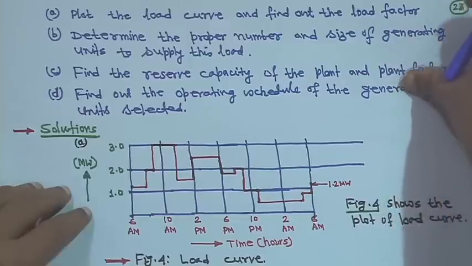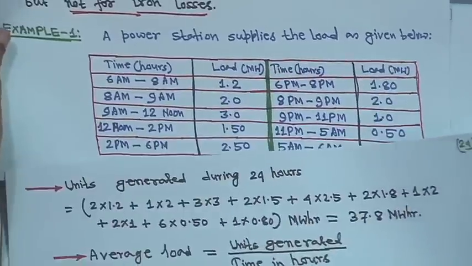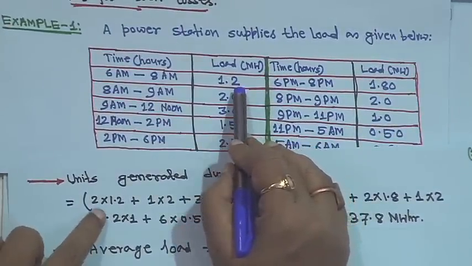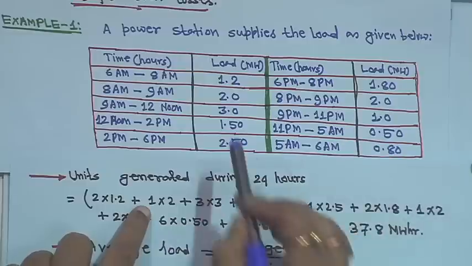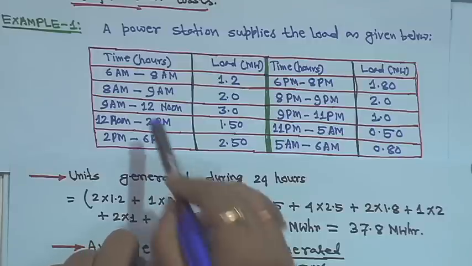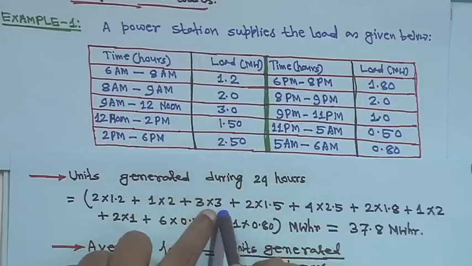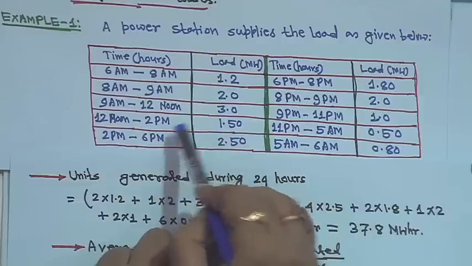Again, what we will do is first calculate units generated in 24 hours. Just side by side I am trying to put it. So, 6 am to 8 am, 1.2 megawatt, and 6 to 8 means 2 hours. So 2 into 1.2, plus 2 megawatt load, but 8 to 9 only 1 hour, so 1 into 2, plus 9 am to 12 noon, that means 3 hours and 3 megawatt load. So plus 3 into 3,